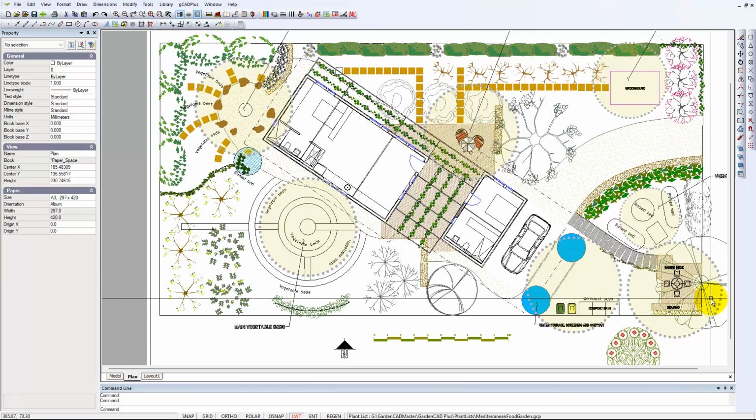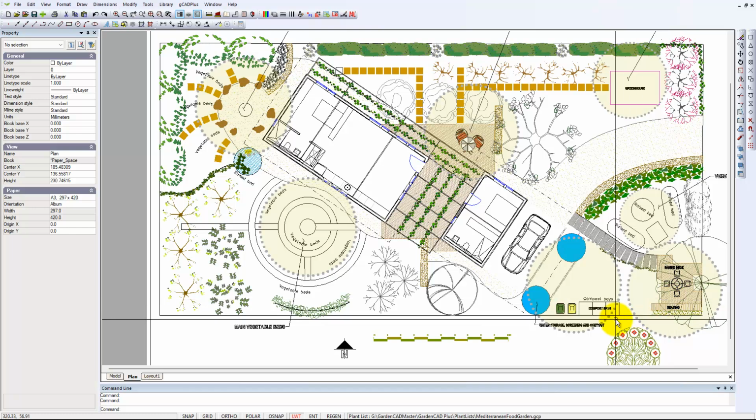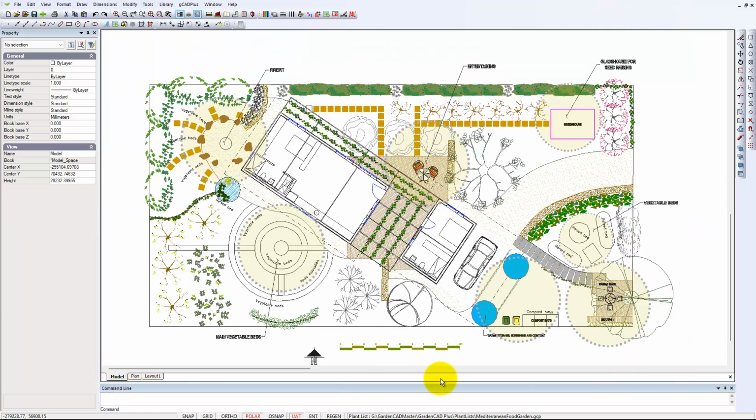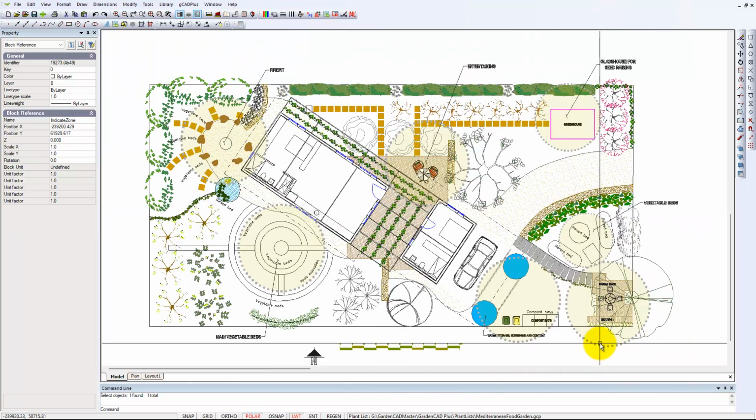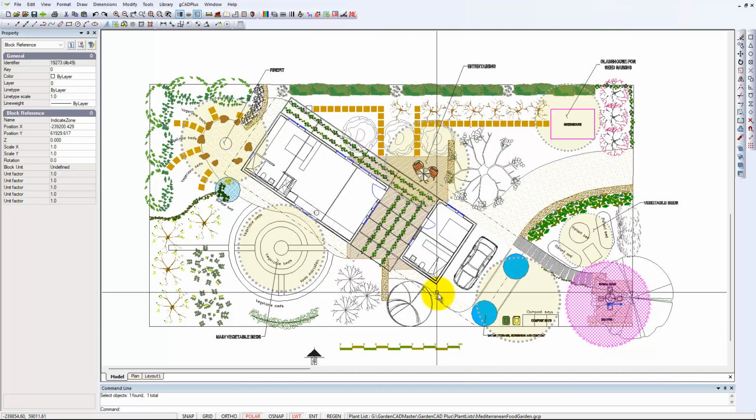There's another entertaining area out here in the garden, and notice that we can see structures underneath that circular marker with a dotted circle, and that's because it's been placed using a block. If I click to model and let's select this one, notice that it's a block called indicate zone, and then